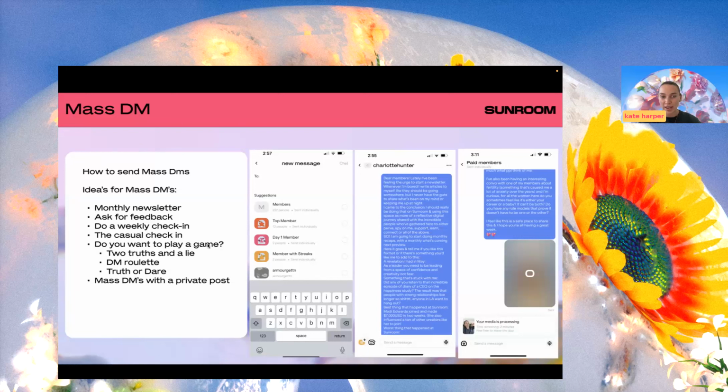So you could also send a bulk message out to your members, like who wants to play a game, and give them 3 options: Two Truths and a Lie, DM roulette, truth or dare, just to make it fun and gamify it a little bit and get people chatting and get that energy up. And then probably the ultimate win